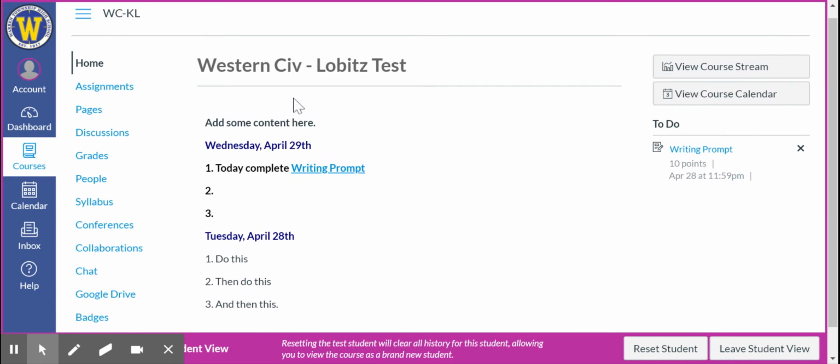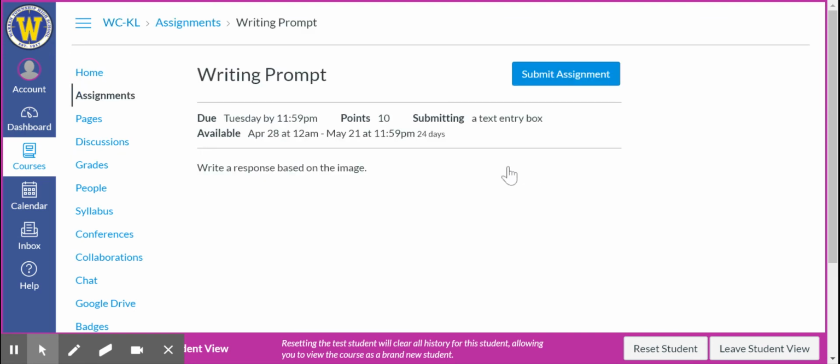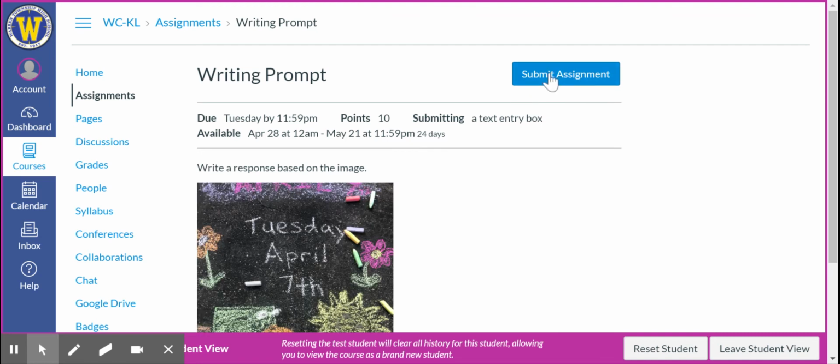So a student's going to see this. They're going to see today's assignment is writing prompt. Under their to-do, it's going to say writing prompt. Well, since I created this as an actual assignment, if I click it in either location as a student, it's actually going to load that assignment. It'll give you the directions, what they need to do. So they're going to click submit assignment,